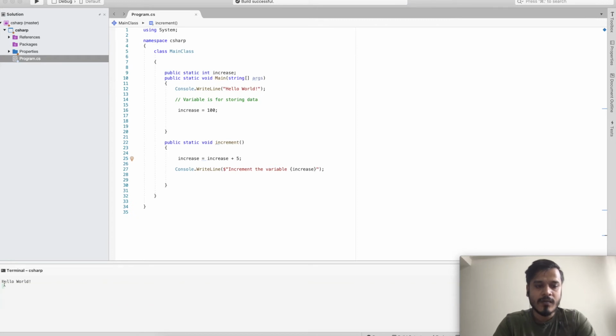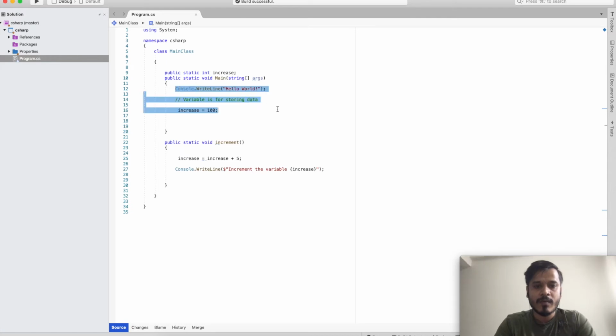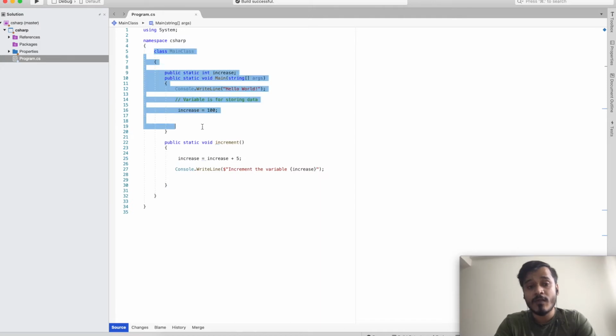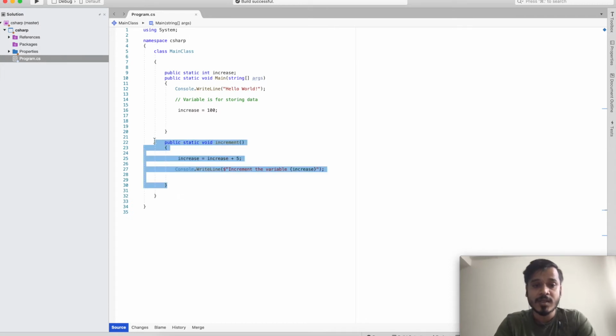So see, we are still getting hello world, which is getting called from here, but I want to increment this. Now I have created this, the entry point for the main method is from here, and it is going till here also. But since this method is not getting called in this main method, we cannot see what exactly we are doing.